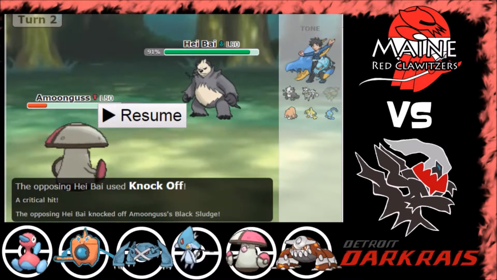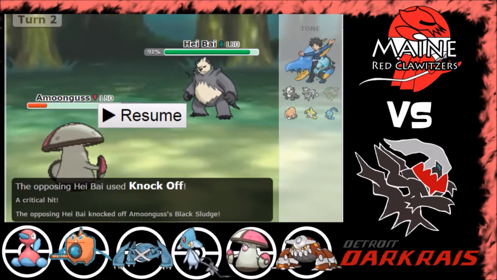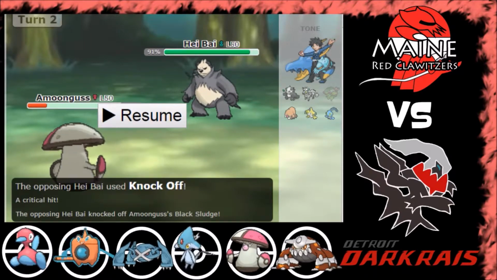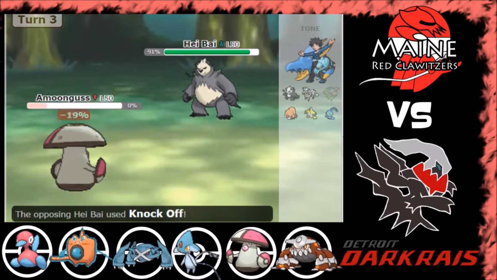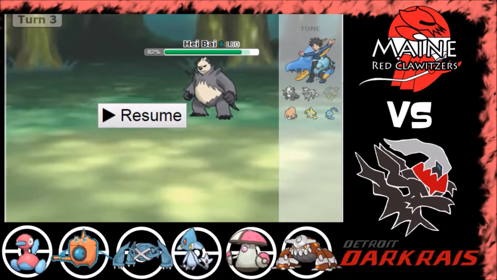Pangoro does reveal Life Orb, which is very helpful to us, so we don't have to worry about anything like a random Scarf or something to outspeed. So we see the Life Orb, but we lose our Black Sludge there, takes some massive damage. I feel it's not worth it to take another Knock Off onto something, so I switch out the...